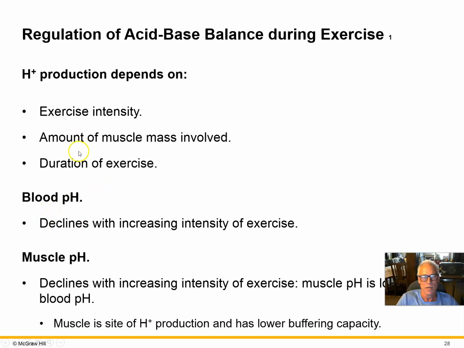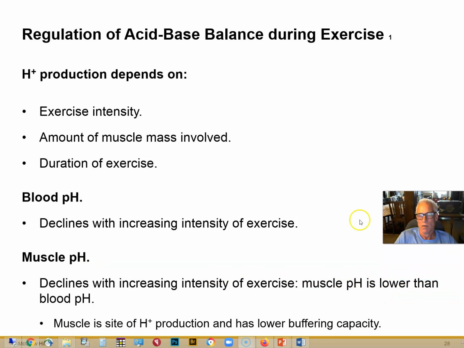As you increase the intensity of exercise, forcing more and more 2X fibers to be working, more and more anaerobic glycolysis, you're going to acidify the blood and the pH is going to drop. Even before that happens, the muscle pH is going to drop. When you increase the intensity of exercise, those 2X fibers, that's all they do: anaerobic glycolysis and fermentation, lactic acid production, and acidification. That's going to bring on fatigue.